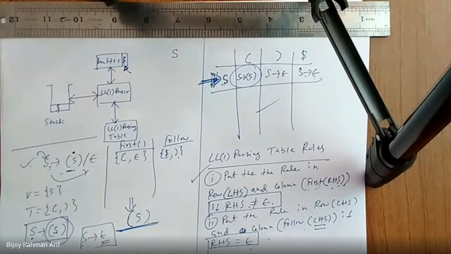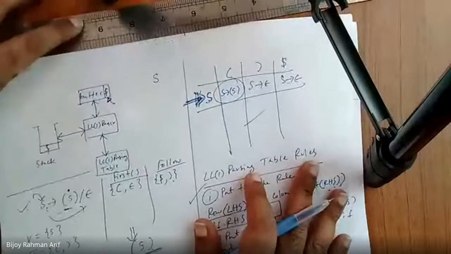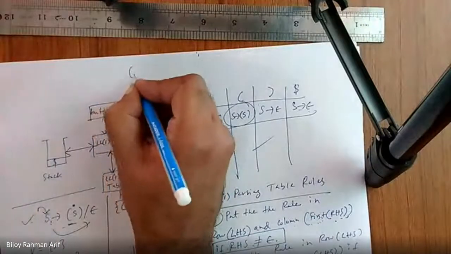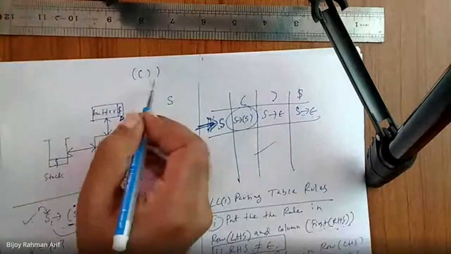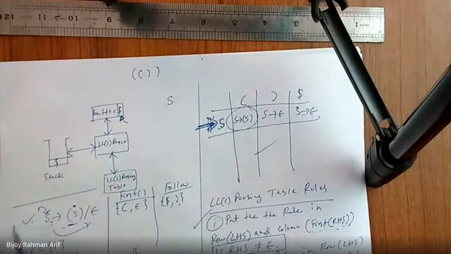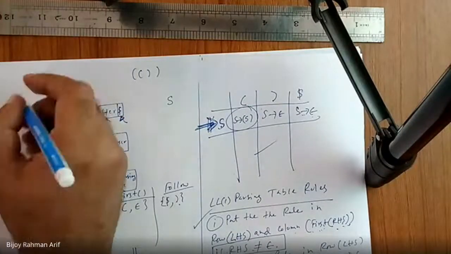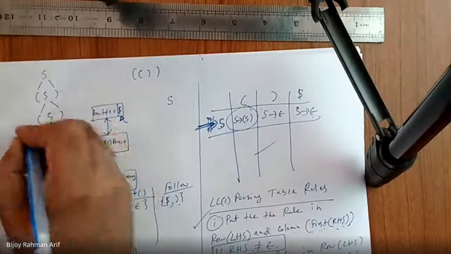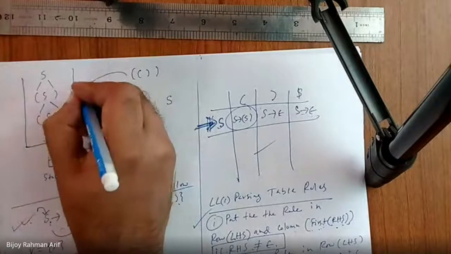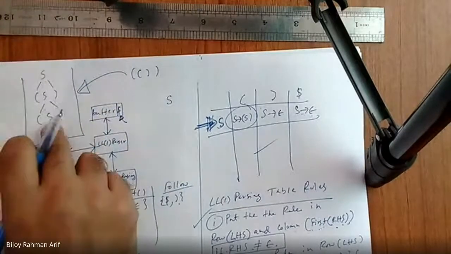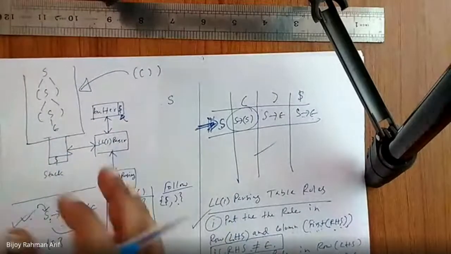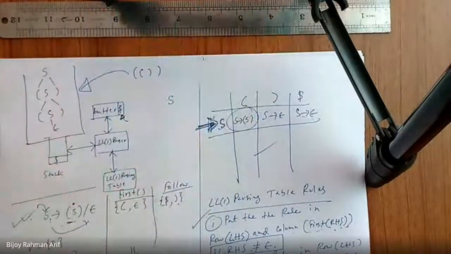Now, how can you answer that one? Let's assume, with the parse table. But how are you going to use the parse table? Let's assume we try to generate this string. And we know that we can generate this string using this grammar. It is possible because S derives this, then this S derives epsilon. So it's definitely a correct parse tree. But my question is, I know because I have already derived this problem. But how can the parser know?